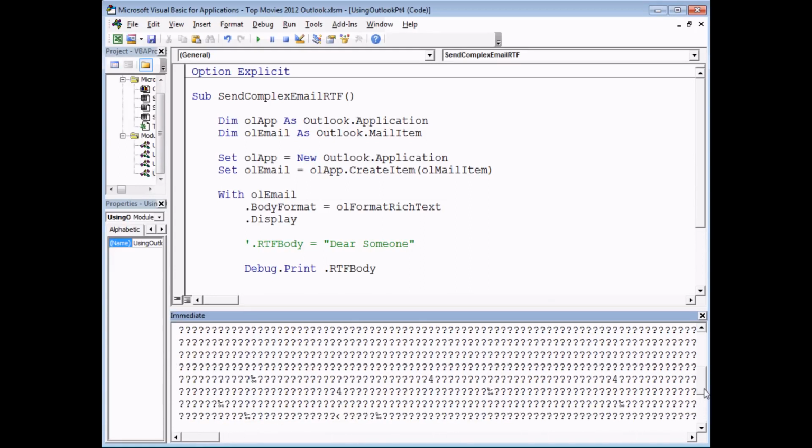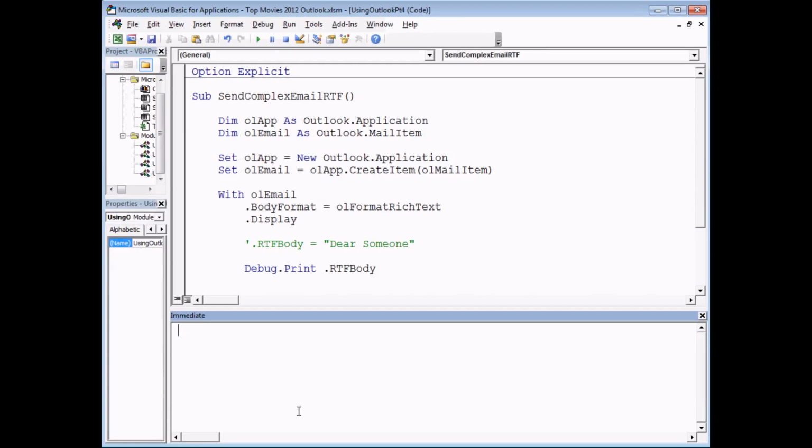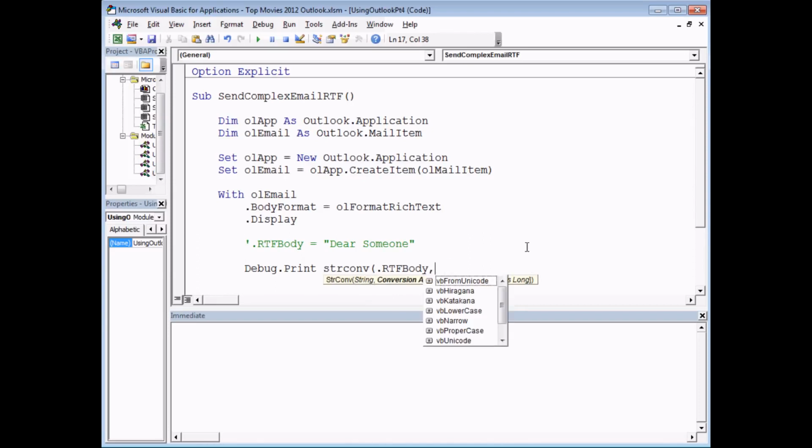So what we need to do in order to see anything useful at all in the first place is to convert that array of bytes into a sensible string. And there's actually a function that will do that for us in VBA. It's called StrConv, string conversion. So if I open a set of parentheses, the first thing you specify is what string you're trying to convert, and then the second parameter says what you're trying to convert it to. So I'm going to try to convert this array of bytes into basic Unicode text. So I'm going to use vbUnicode and close the parentheses,